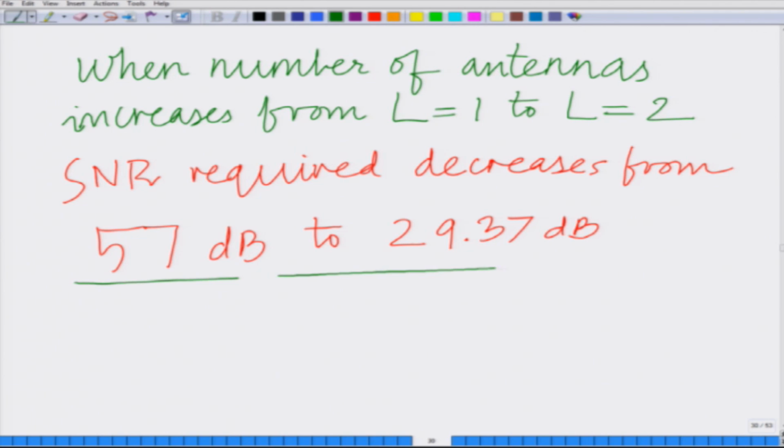So, what we are seeing is that as the number of antennas is increased from L equal to 1